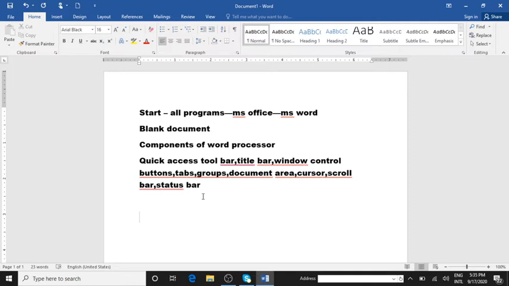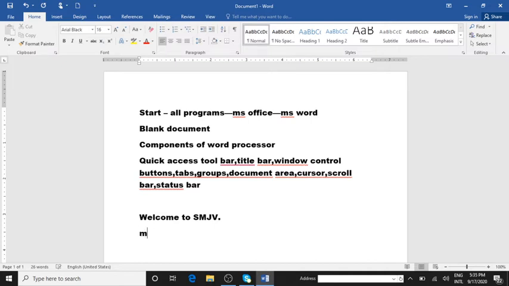Where you want to start your text, you can place the cursor there and start typing. Welcome to SMJV. Understood, children? So this is how you enter the text.